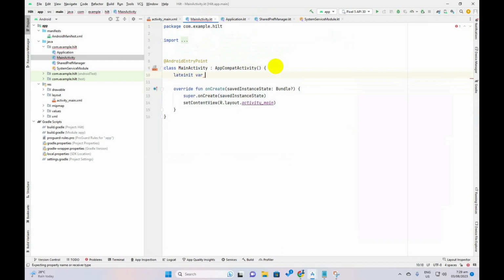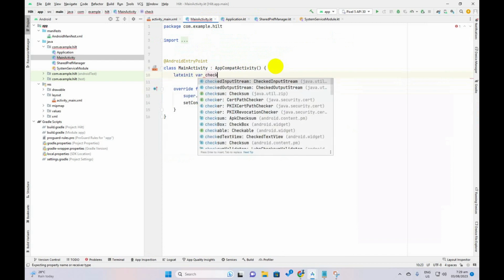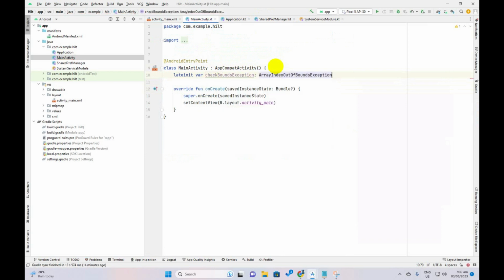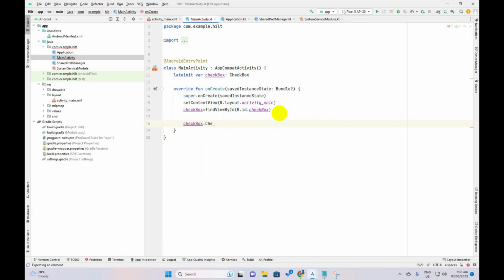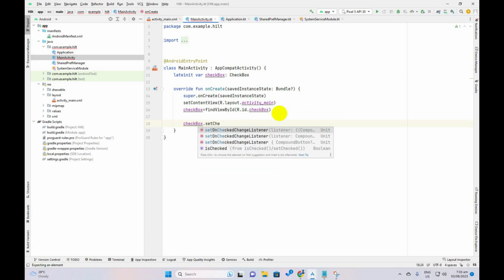Taking a variable of checkbox, lateinit var checkbox, equal to findViewById R.id.checkbox, checkbox.setOnCheckedChangeListener